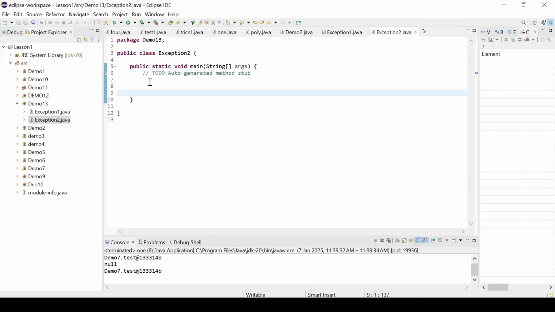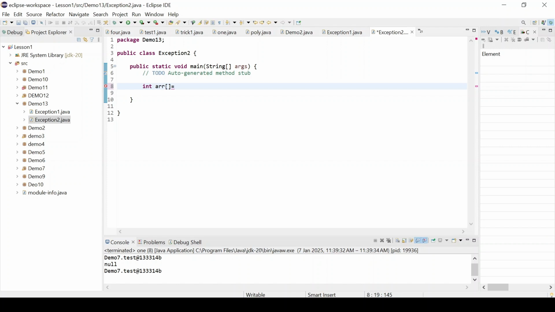In the last video, we have seen that if code written within a try block throws an exception, it will be handled by the relevant catch statement. Now it is possible for code to generate multiple exceptions, and for that we can put multiple catch blocks for a single try block. For example, here I'm taking an integer array, and within this array I'm giving elements